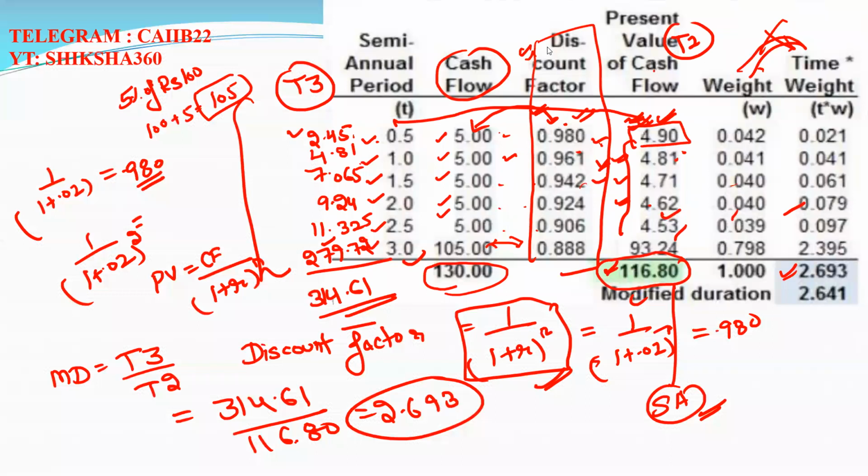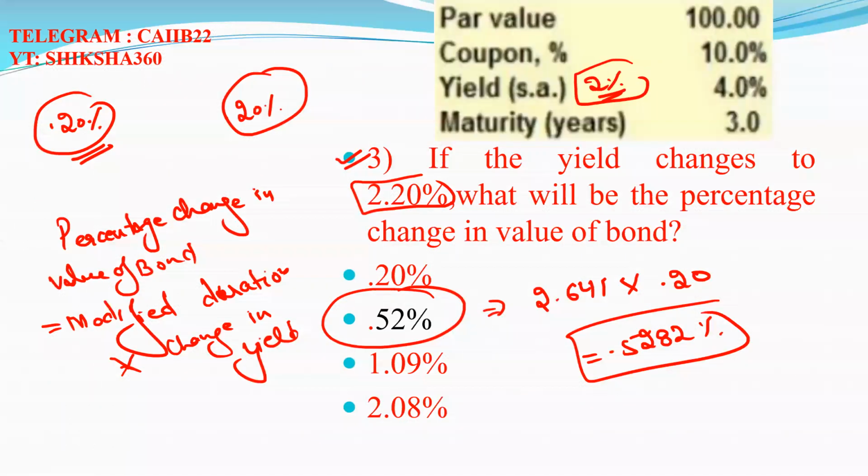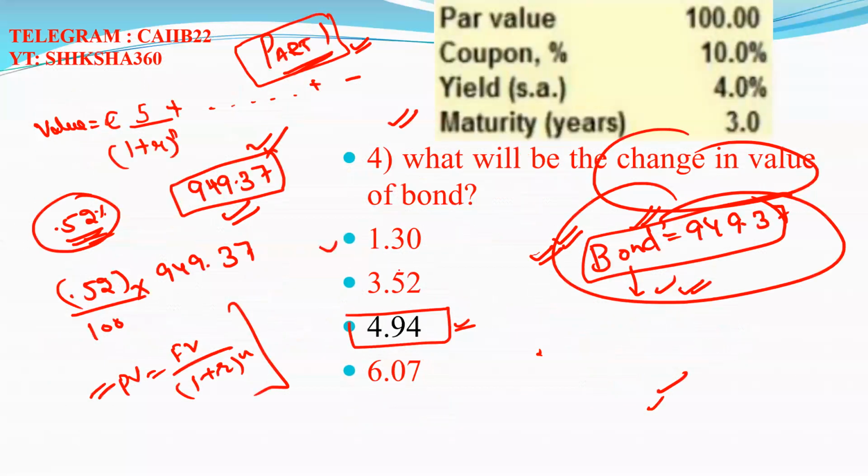But there is a little bit more concept here which I will tell you. The answers in the examination, this answer they have calculated with respect to the annual, not semi-annual. Here one point is missing, that is with respect to the annual. The value of the bond here is with respect to the annual.